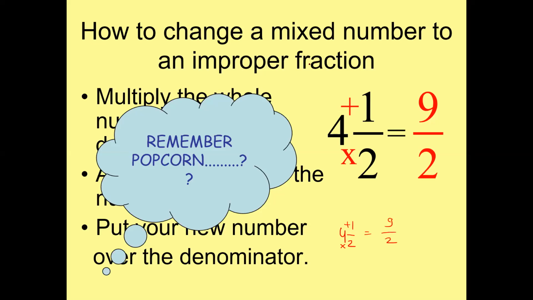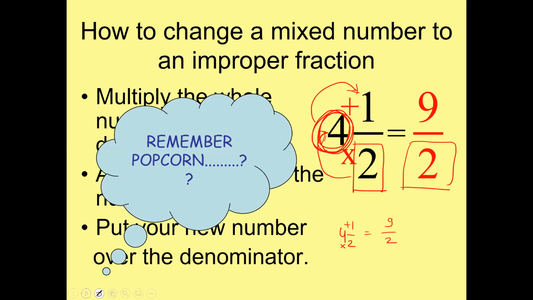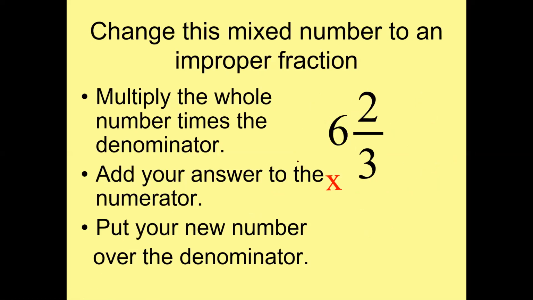So what you have to do exactly, you have to multiply the denominator. The lower number is called the denominator. You have to multiply it with the whole number. This is the whole number. And then you have to add the numerator. And you have to write the same denominator in the improper fraction also. Now, can you convert this?